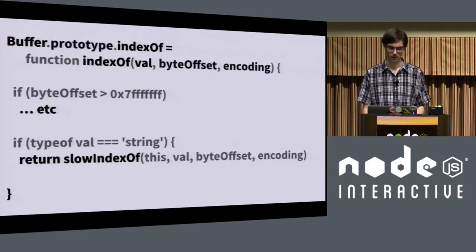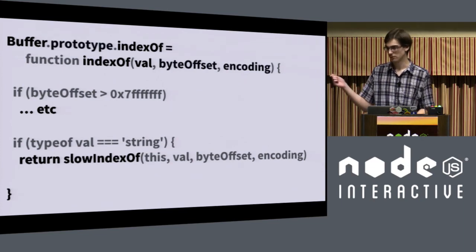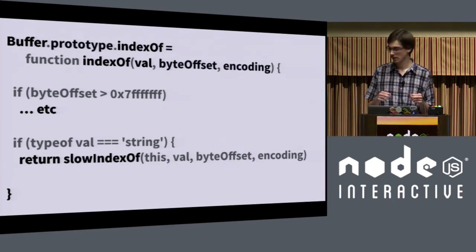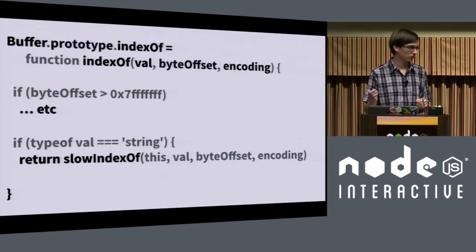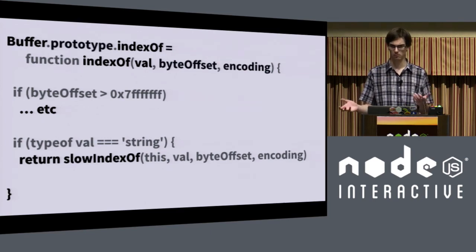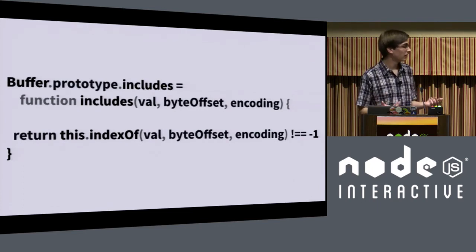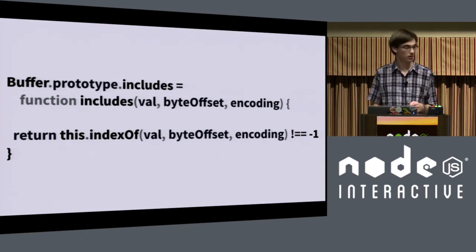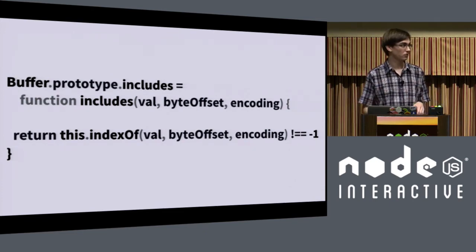So if we look down a little bit further, you'll find that there's an indexOf. And most people, when they need to do includes, because it's not in the language right now, will do buffer.indexOf equals -1, or whichever way you need to do it. But this is already there, so we don't need to replicate this again. We can just wrap that, and there's our includes function in a nutshell. It just checks the same thing you would normally check, but it wraps it in this function that's like ES6, and it's in those language specs, so we might want to replicate that.